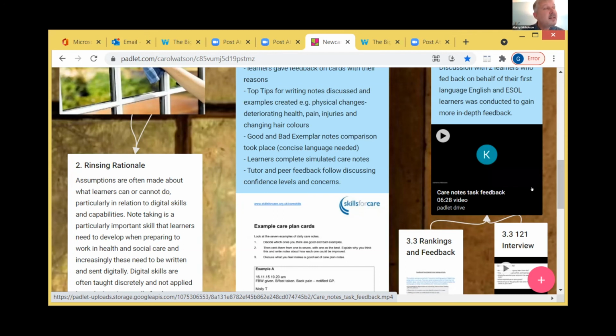At the heart, they weren't concerned about looking after people, caring for people. They felt like they could do all of those things. What they were really worried about was that they had to leave notes for other people to read, and they had to be accurate. And if they had to send them digitally, that was like the extra to it. So it felt like for the first time we'd actually taken, well, we have hundreds of learners every year do IT, and very rarely do we ever actually see them do it in a real situation. So that was the big thing for us.